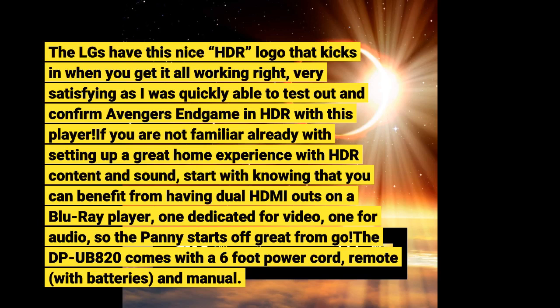If you are not familiar already with setting up a great home experience with HDR content and sound, start with